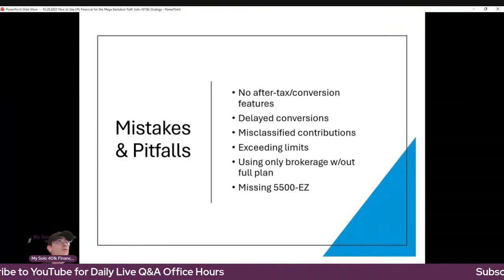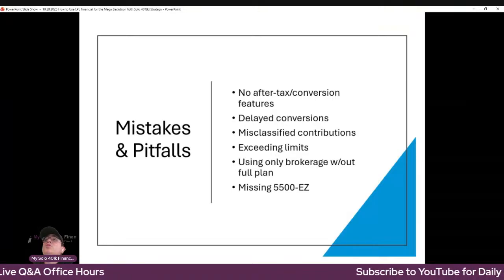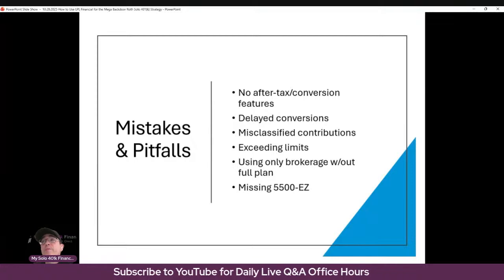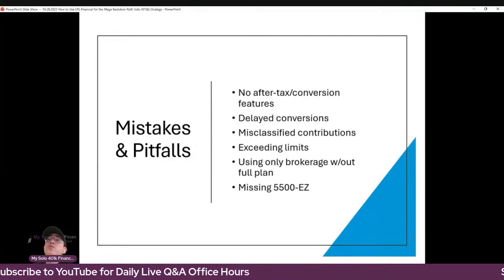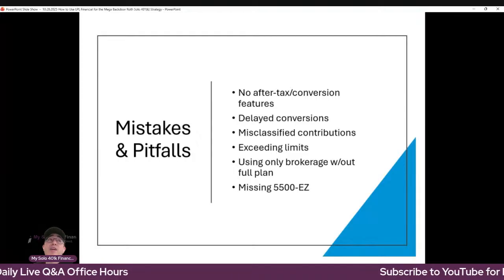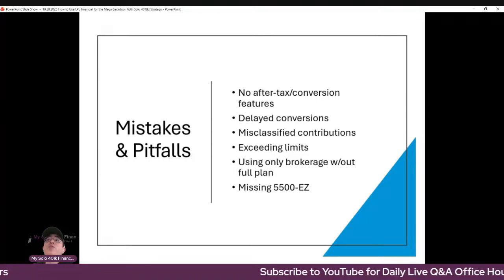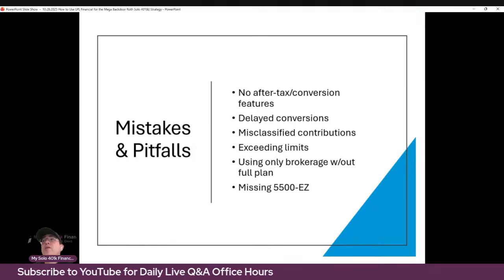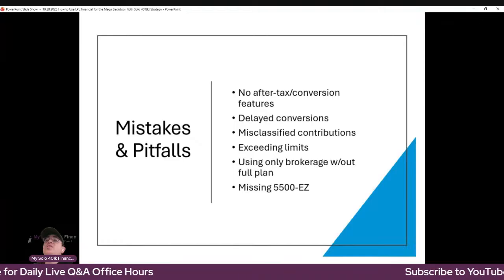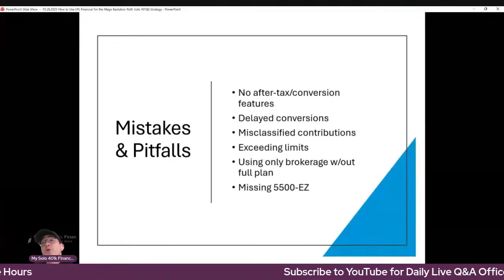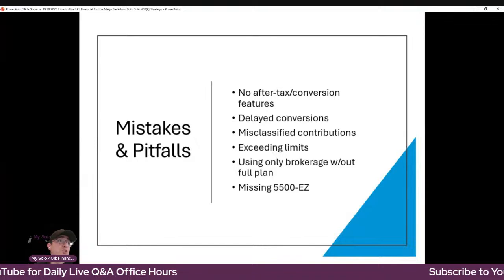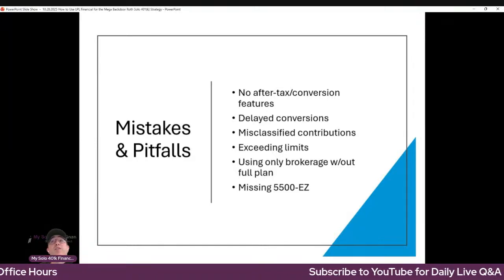So some common mistakes and pitfalls. Not having a plan that allows for the Mega Backdoor Roth Solo 401k contributions, delaying the conversions, right? So that income is accruing inside that after-tax account, gains are accruing inside that after-tax account. In that case, those gains would be taxable at the time of the conversion. Misclassifying contributions, exceeding limits, using only a brokerage account without, again, the plan documents that you need to govern that account that will allow for those Mega Backdoor Roth Solo 401k contributions,